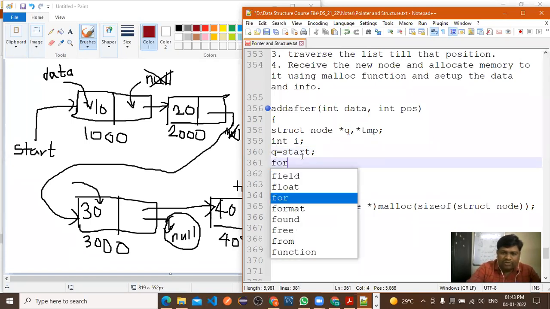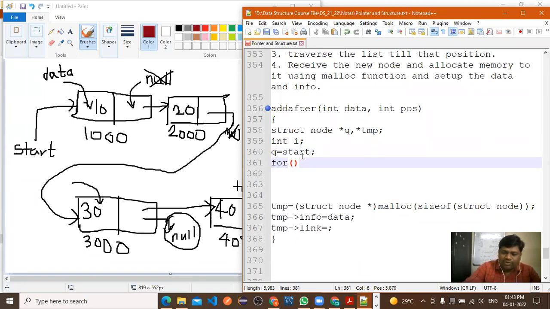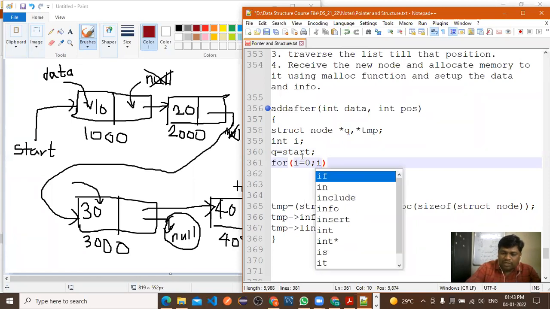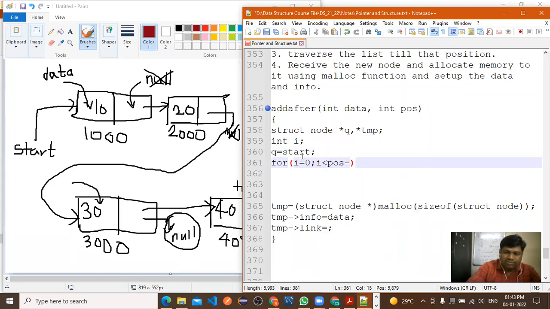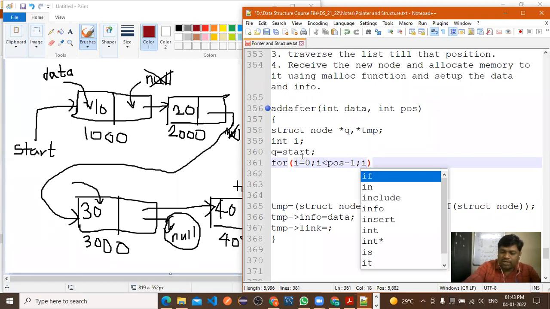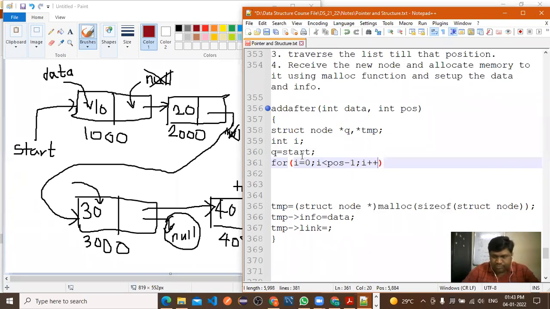Now we'll use the for loop for identifying the position. So I is equal to 0, semicolon, I less than POS minus 1, semicolon, I plus plus.